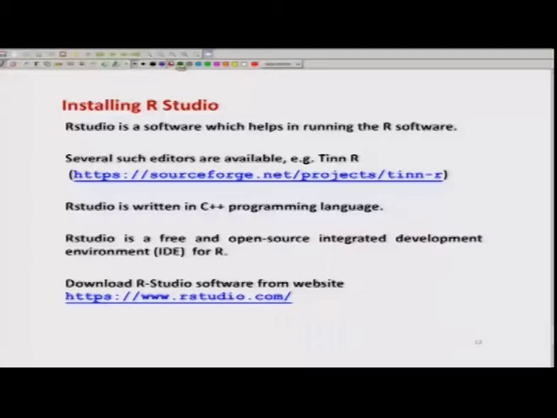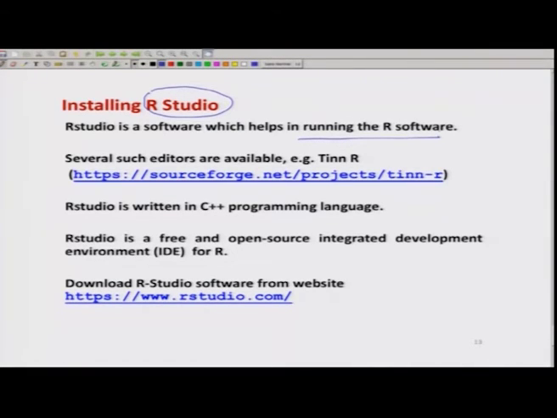There are different types of software which are available, and in this course I am going to use a software called RStudio, right. RStudio is essentially a software which helps in the execution of R software.